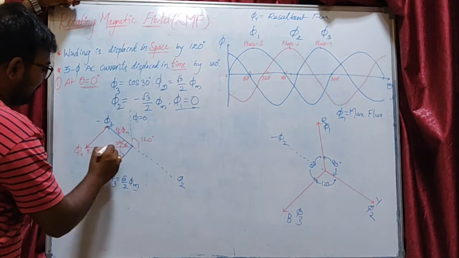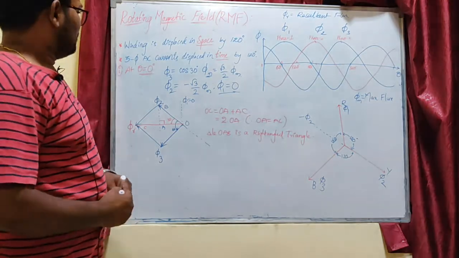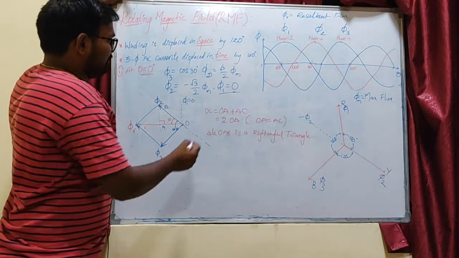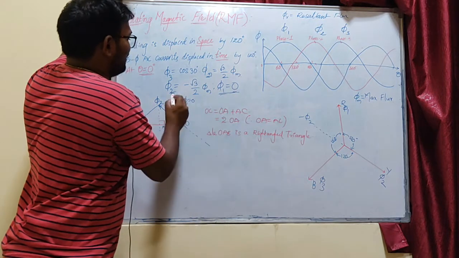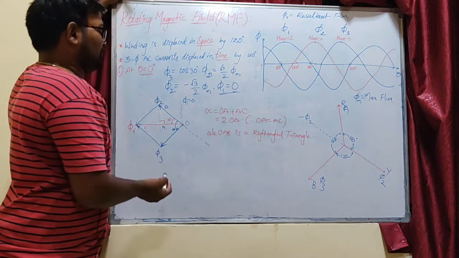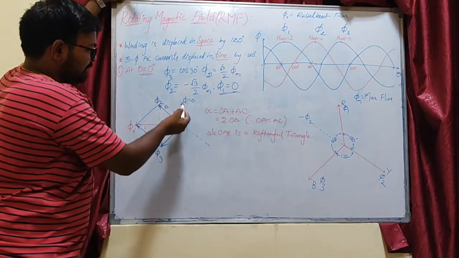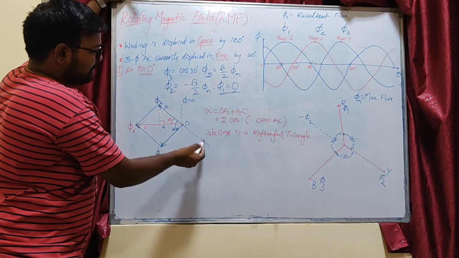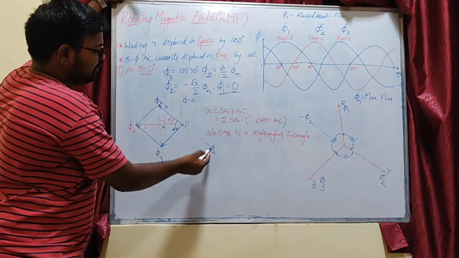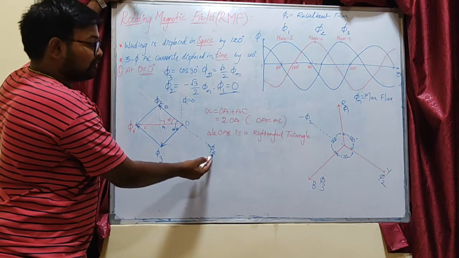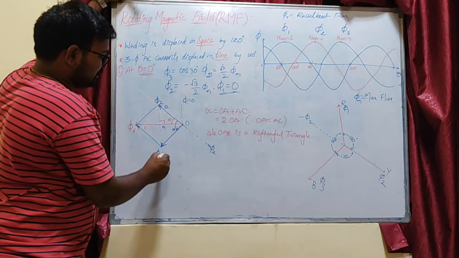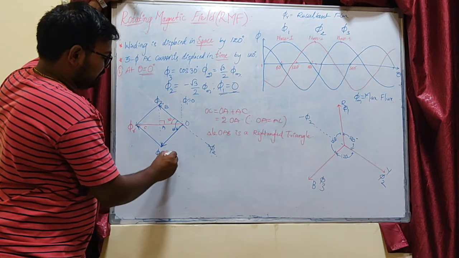So, at the instance 0, the phasors are like pi 1 is 0, pi 2 is minus root 3 by 2 into pi m, and pi 3 is root 3 by 2 into pi m. So, I have drawn 3 phases here, pi 1 is 0, so I did not consider it, and pi 2 is negative, so I am drawing the phasor opposite to the positive phasor, and pi 3 is as usual a positive phasor, having a value root 3 by 2 into pi m.